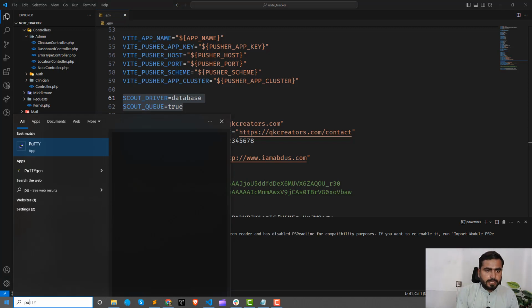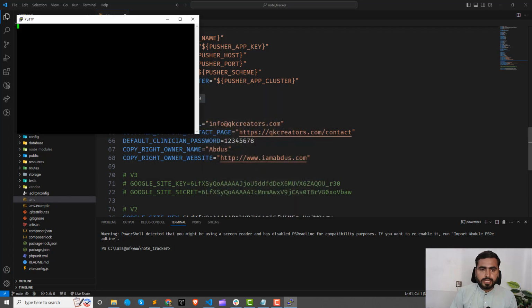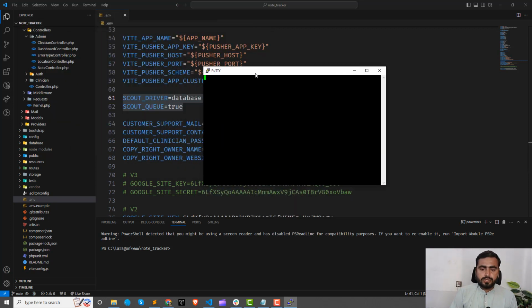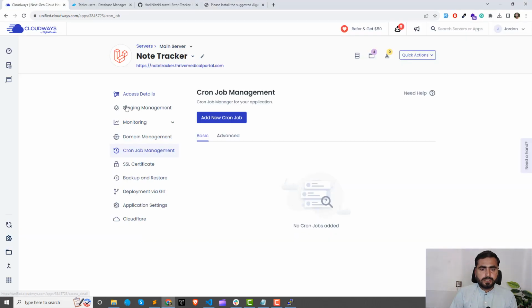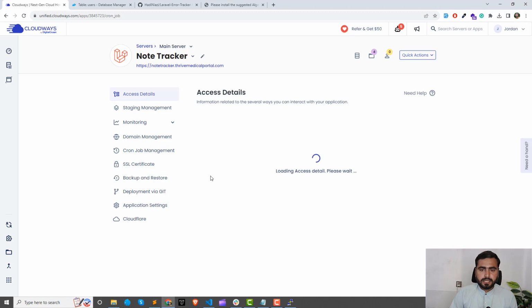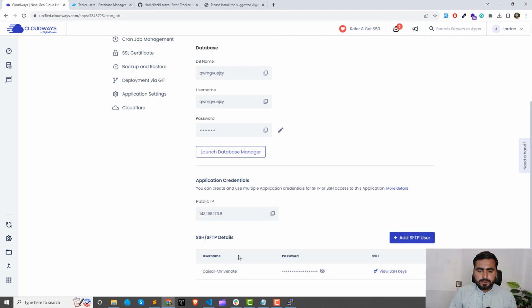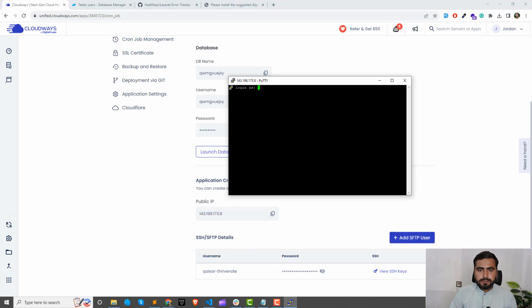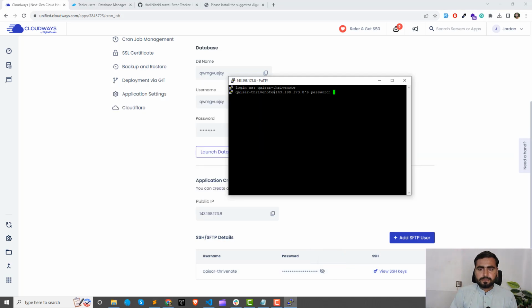So again here. Okay, I added this Note Tracker, save this one. You need to do this the same as you did before. So let me go here. What are my access details? Okay, let's copy this detail, and copy this password, because I haven't used this for some time, so it's inactive and